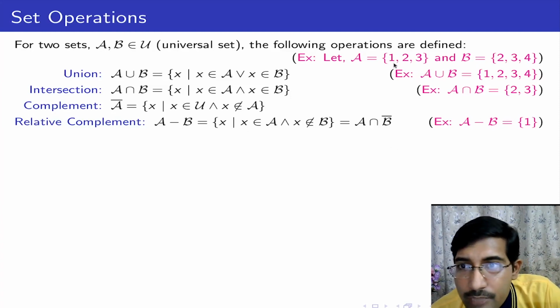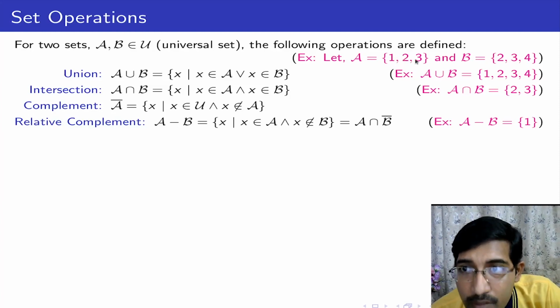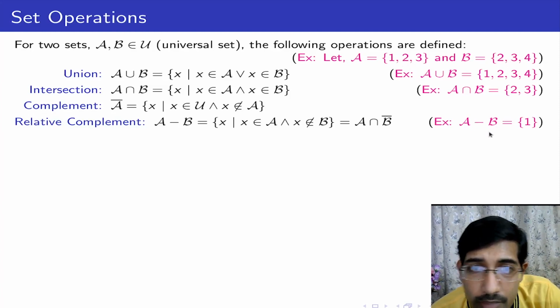So here in A minus B, you see that 1, 2, 3 belong to the set A and 2, 3, 4 belong to set B. If you try to see which of the elements belong only to A but not to B, only 1. Just note one thing, B may contain more elements, I don't care, but the elements that are common to A must be eliminated from A when we compute A minus B.